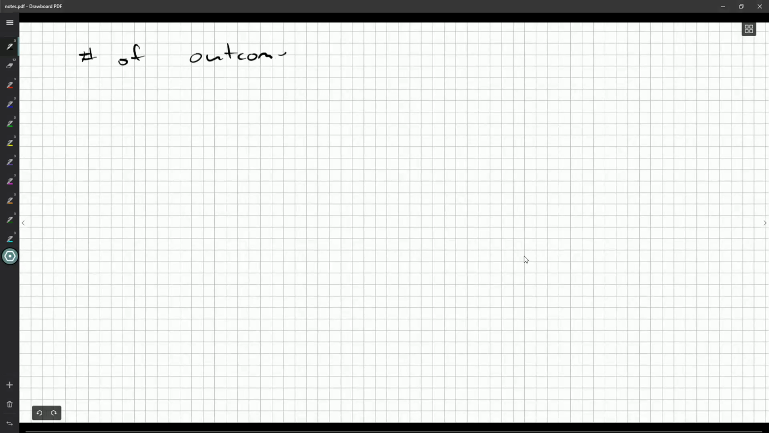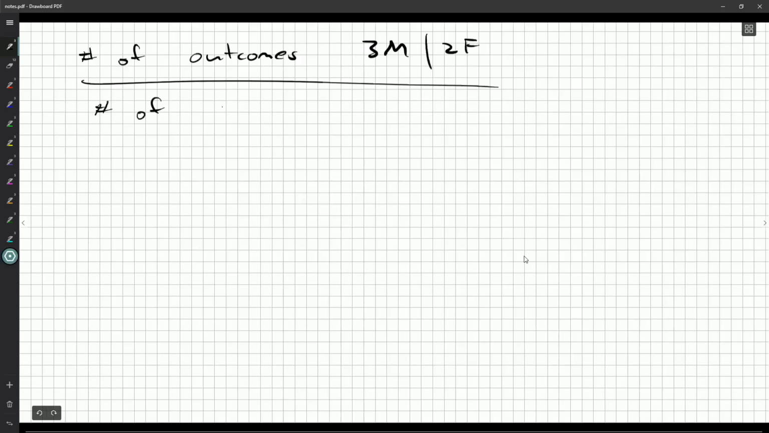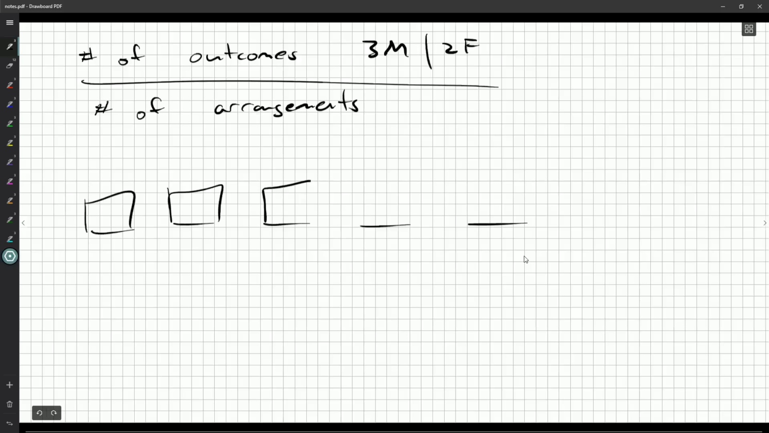That's the idea. So, okay, we've got 3 male names and 2 female names. And so we want a number of outcomes that are 3 male and then 2 female, and we want to divide by the total number of arrangements of the names. Okay, well, how many names are there? There's 5 names, and if we wanted to just imagine any way to write them down,